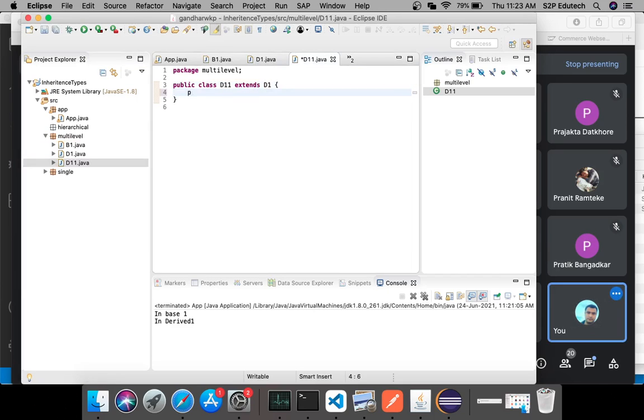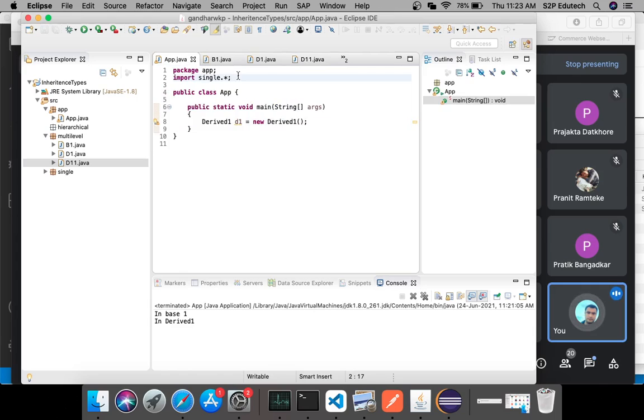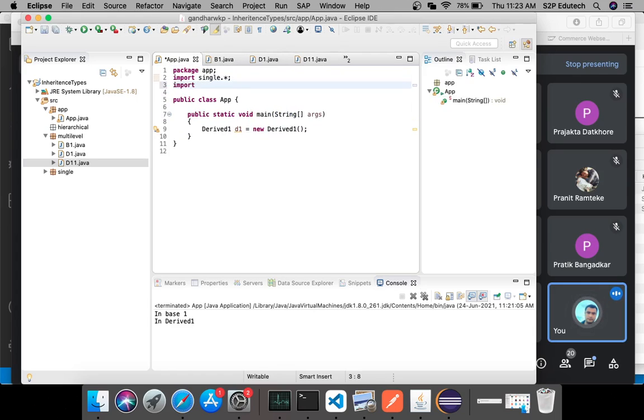I will have a public D11, and in this I will say in D11. Now in my app.java, what I will do is import multi-level dot star. So this will get me all the packages, and I will create an object of D11 which is the सबसे last level का class.